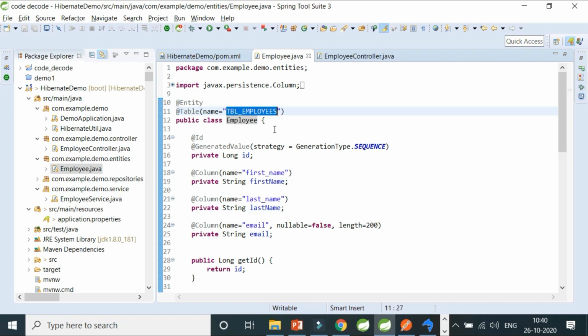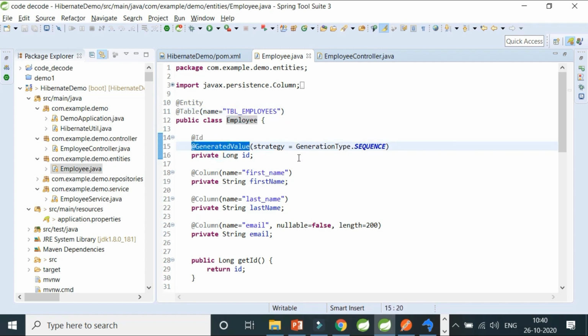And this is how you will be able to store your employee object into the tbl_employee class. So I hope this entity is clear, this table is clear. @Id is nothing but a unique primary key for this particular table, tbl_employee, and I'm saying that it should be a generated value. I don't want to take a pen to create a new ID every time I create a new employee instance or object in the database.